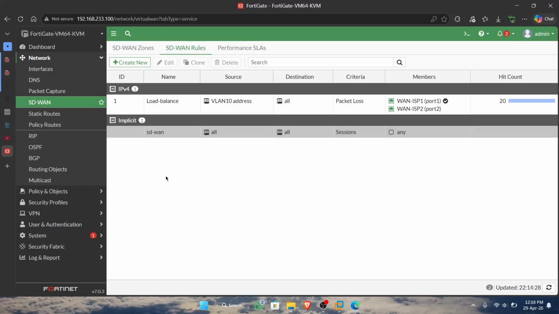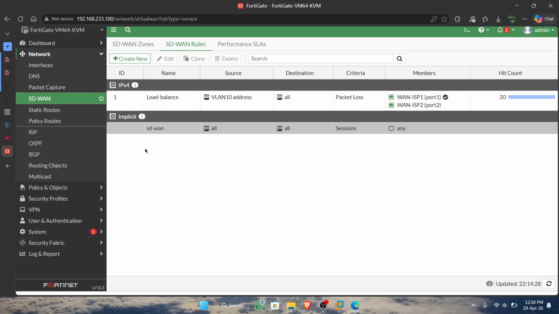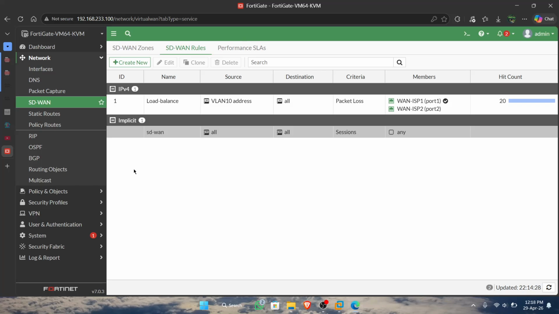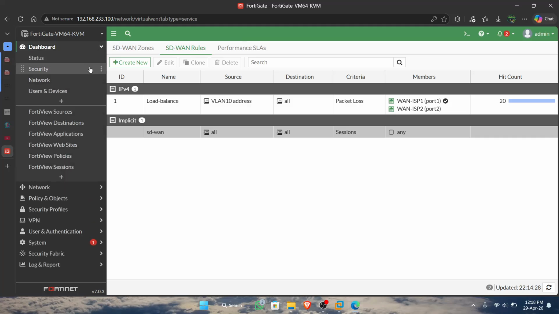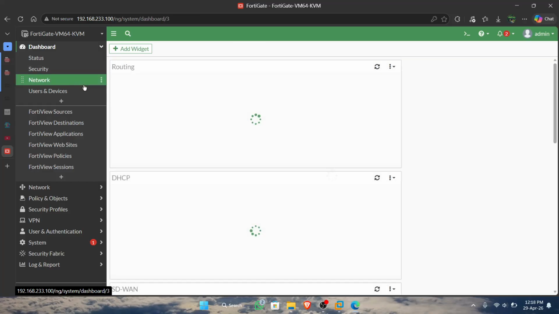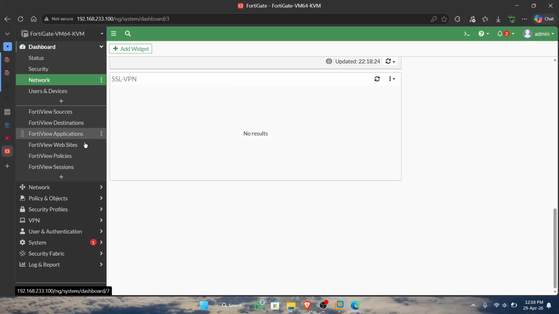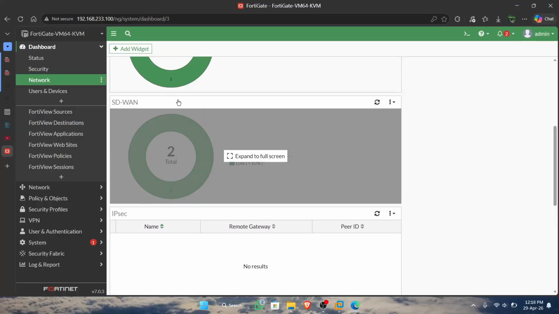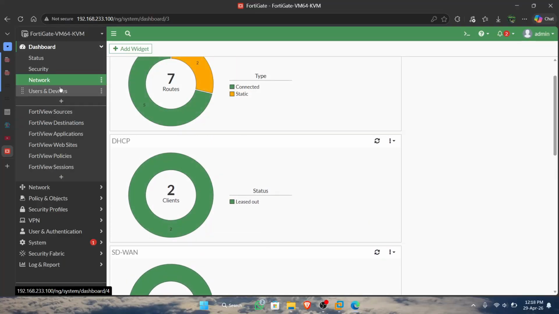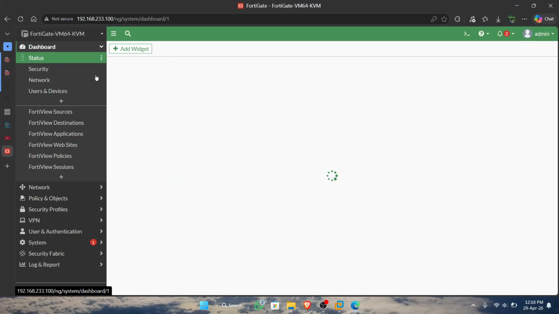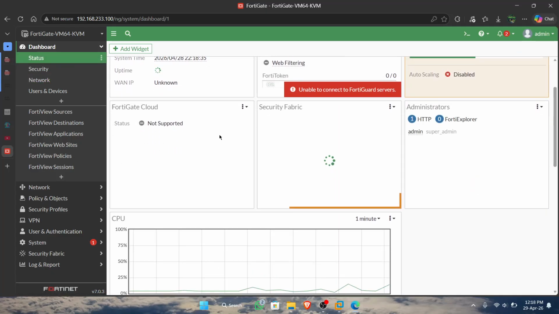Okay, this is the configuration for the load balance. We can check from the VNet. So you can track in the dashboard network, and you can show the status in SD1.